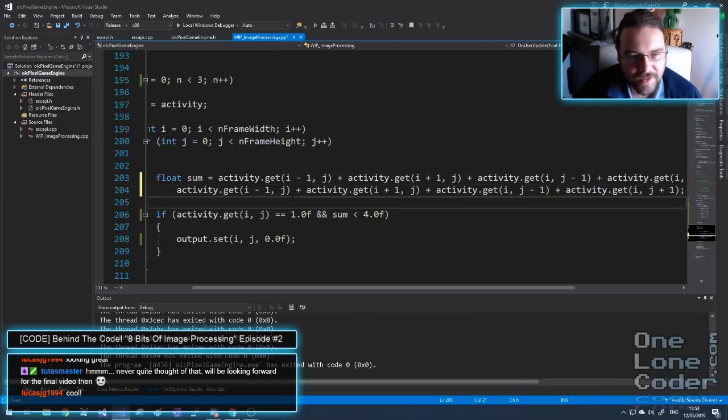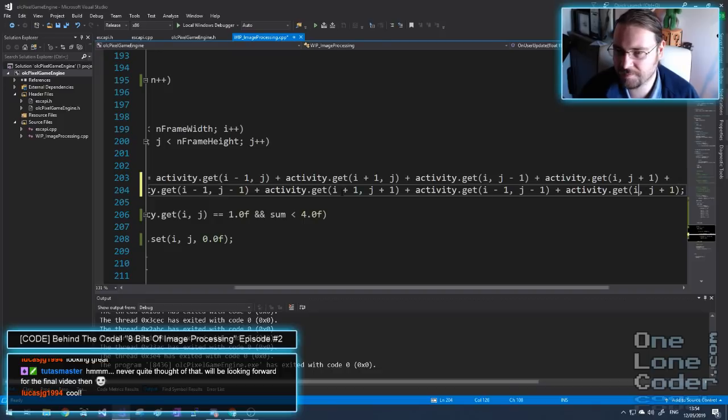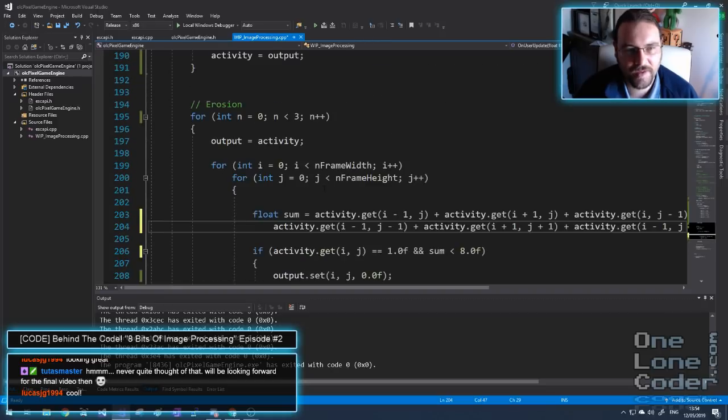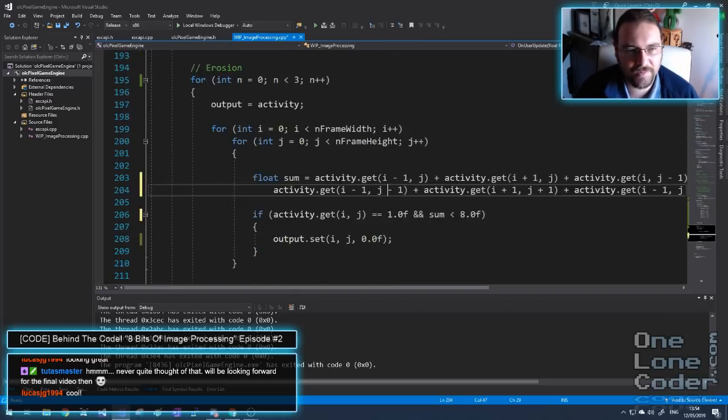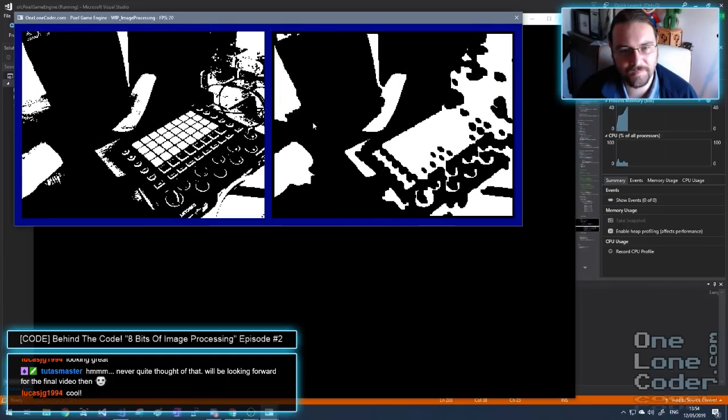So we want to look at our immediate neighbours now with 8-way connectivity. So again, I'll just put in these diagonals. I'll make sure I get these in the right order. That was a minus and a plus. And that one's a minus and a plus. So now we're summing up all 8 neighbours. So I need to change the value of my sum here to 8, because my neighbours' values are going to be 1 or 0. And we're doing that for dilation, and we'll do that for erosion, and maybe we'll get a slightly rounder image. But because I'm now doing more changes on the image,